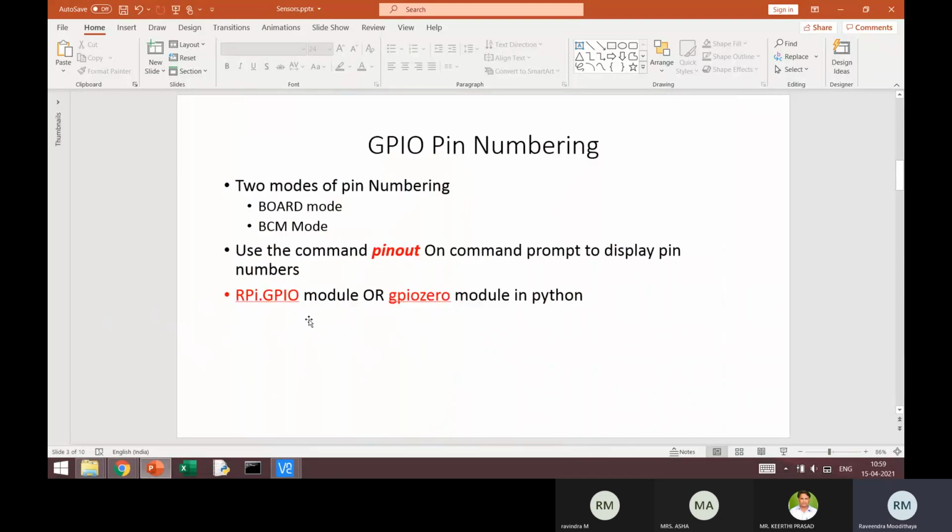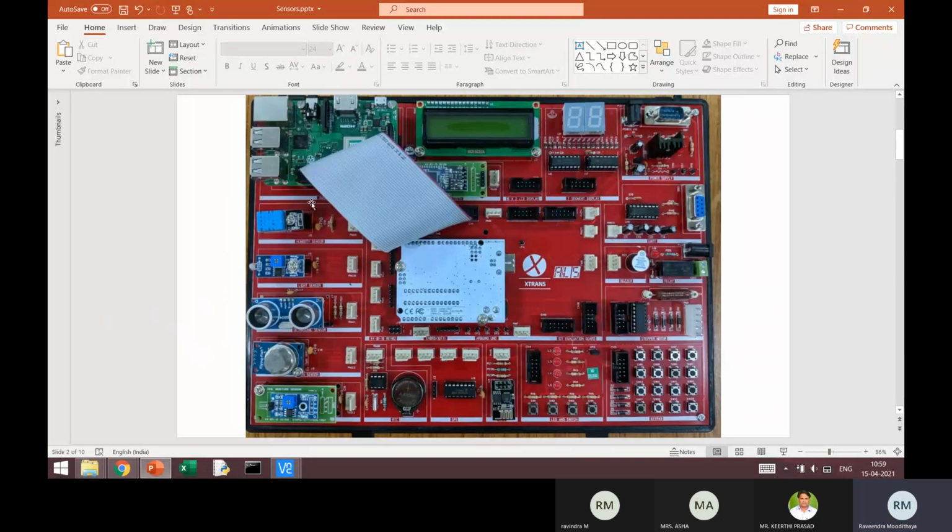Let me just tell you one or two points with respect to the operation of the Raspberry Pi with respect to the different components connected in the form of sensor or switch or LED or whatever it is. Okay. Now, basically, GPIO pins. So when I say GPIO pin, it is actually a 40 pin header in this Raspberry Pi, and in fact, on the board it is connected with a ribbon cable. Okay, it's already connected with a ribbon cable. So when I say pin, I am referring to the 40 pins that are underneath this connector. Okay,